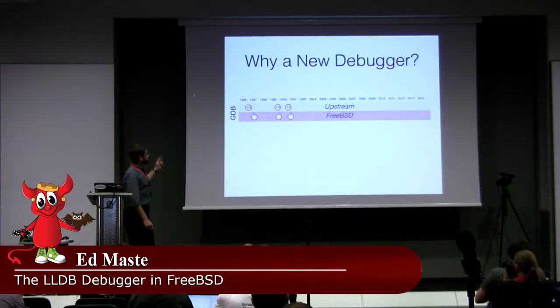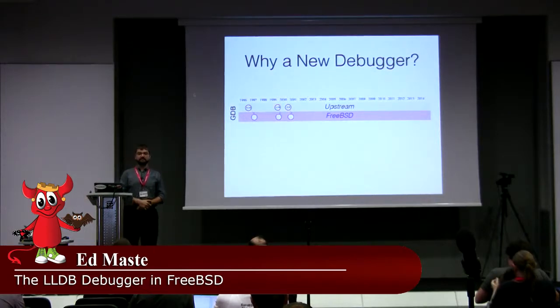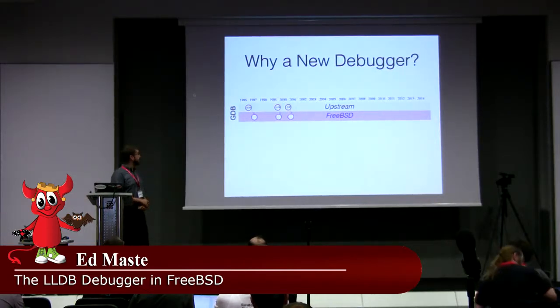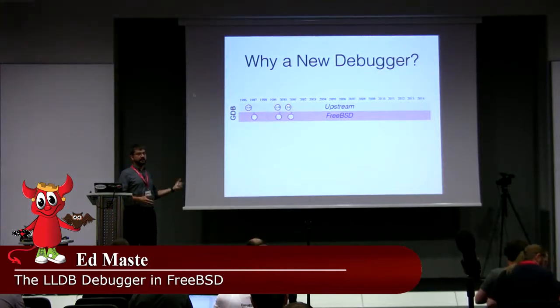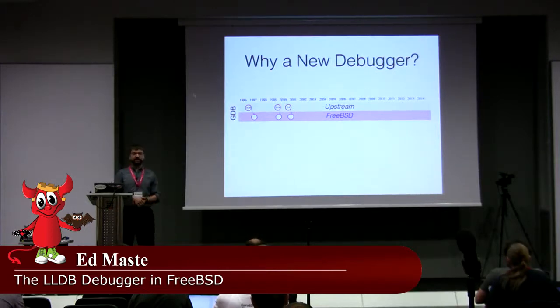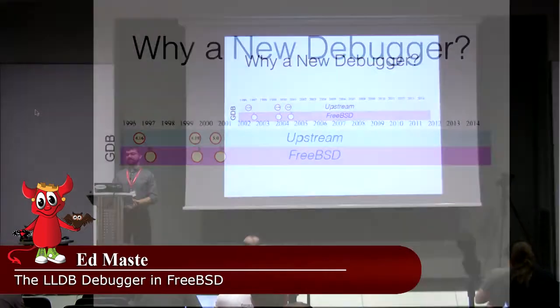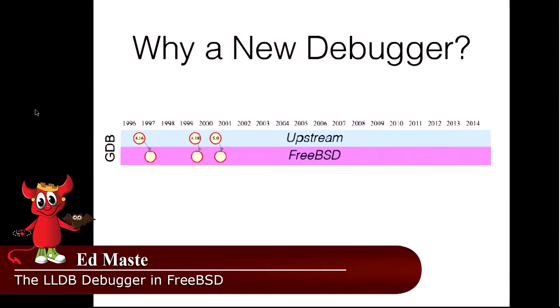So the history actually goes a little bit further off to the left of this chart. I mined the contrib/GDB directory to find out exactly when GDB releases came in over time. And the very first FreeBSD release actually predates the way that the source tree is used now. So I booted up a FreeBSD 1.0 ISO image in a VM to see. And FreeBSD 1.0 in 1993 had GDB 3.5 in it, and then in 96 we imported the source for 4.16